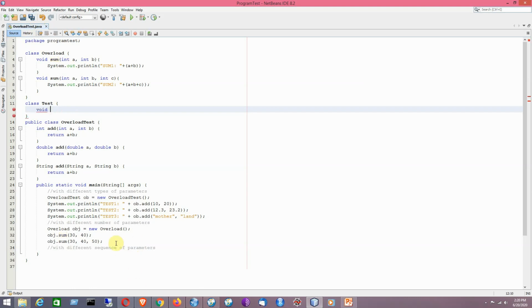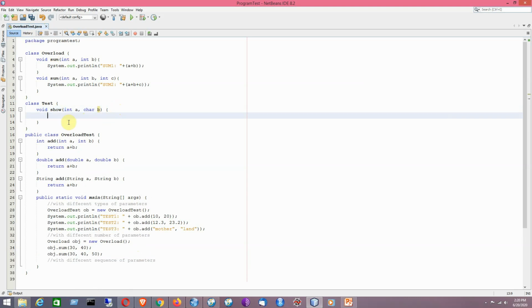Like the third example, now I will be using a method named show, with int a and char b. So it is the name of the method. It is using a SOP statement to print the values of a and b.